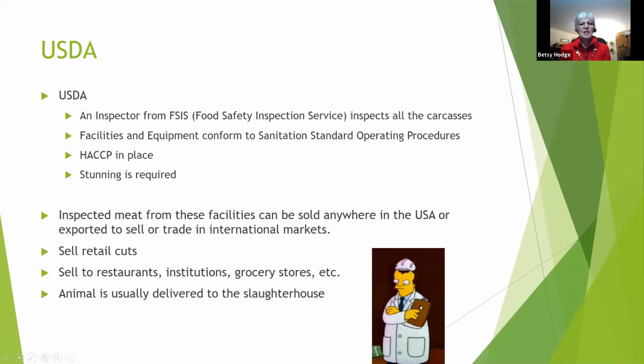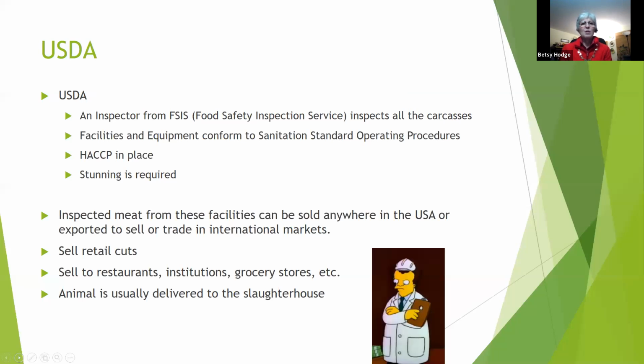The USDA, which is sort of the gold standard, could be any size slaughterhouse, but it has an inspector that comes from the FSIS and inspects all the animals actually alive. He or she sees them alive, and then sees them afterwards hanging and looks at the carcass. They look at the lungs and the heart and the other organs, the liver, to determine that it was healthy and that the meat is of a safe quality. And in the past, they've always been a veterinarian. That's not always true anymore, but it was true in the past.